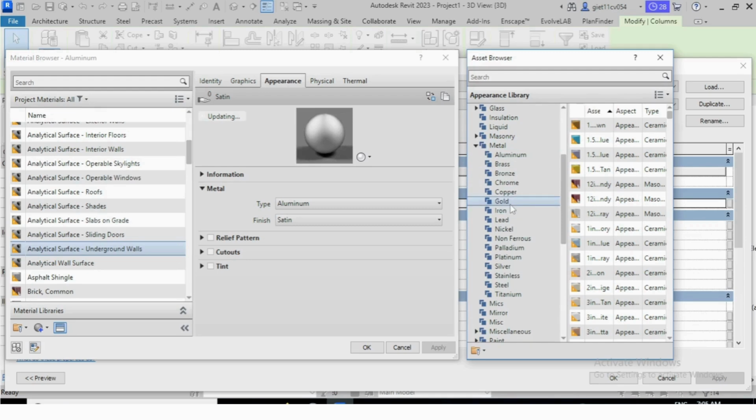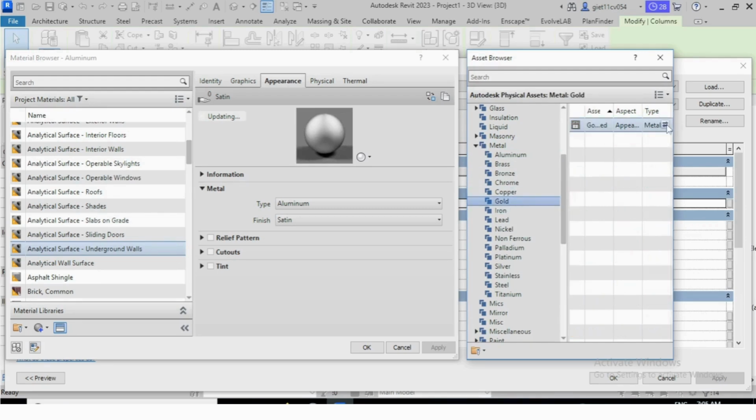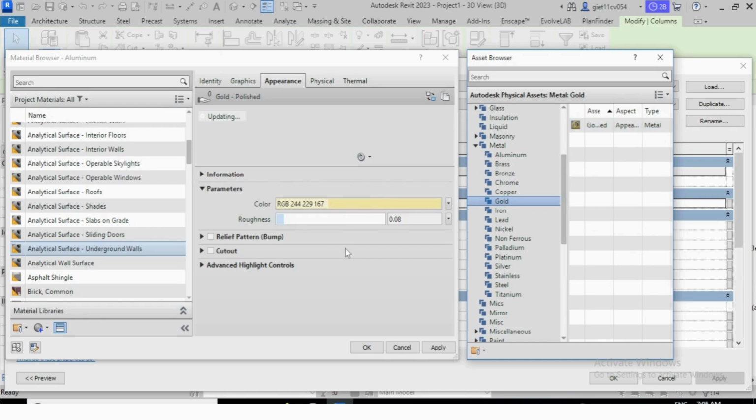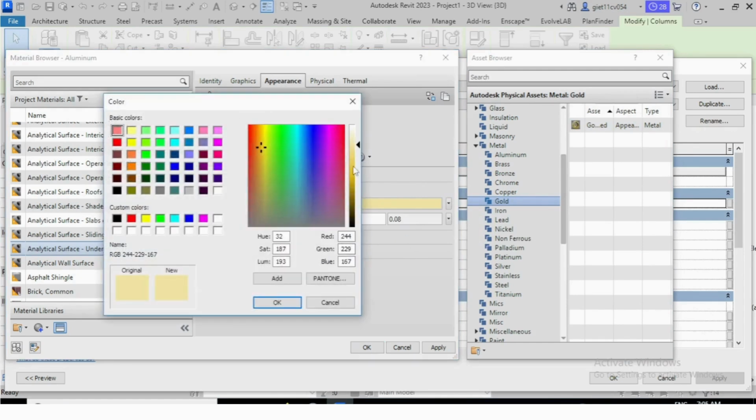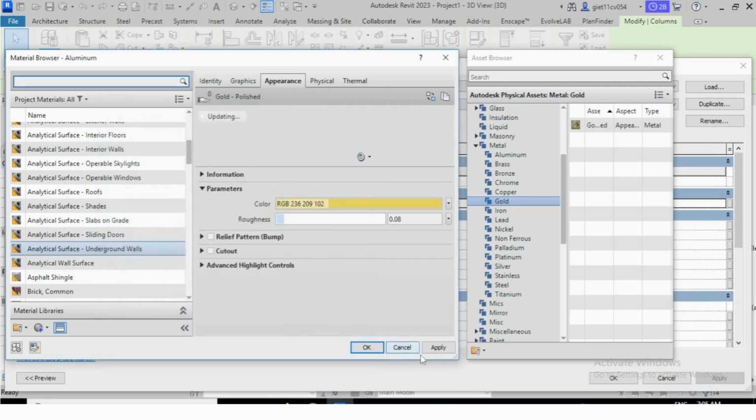Suppose you want to choose gold, let's take gold. Here you can click here, so it will be added here. Okay, now if you want to edit the color, you can edit also. Let's take it like this and okay, apply it.